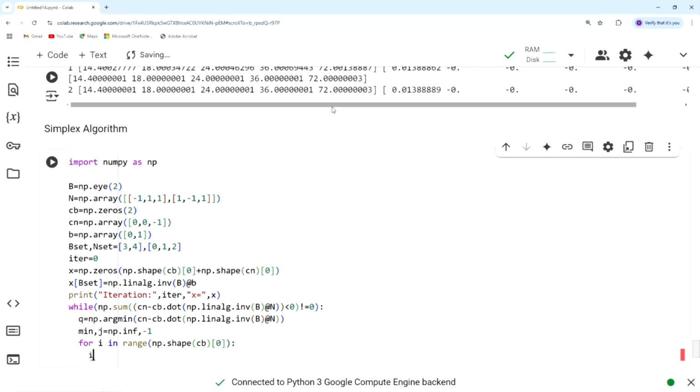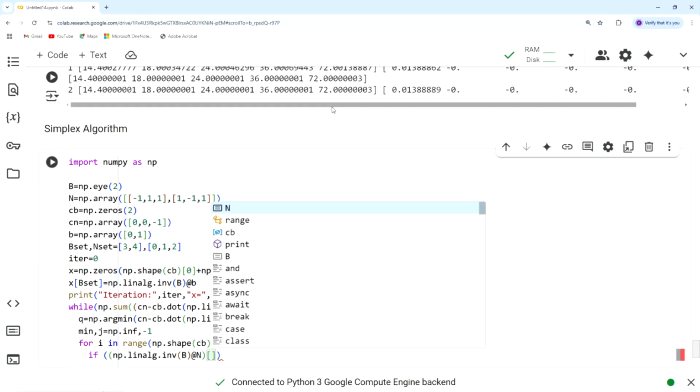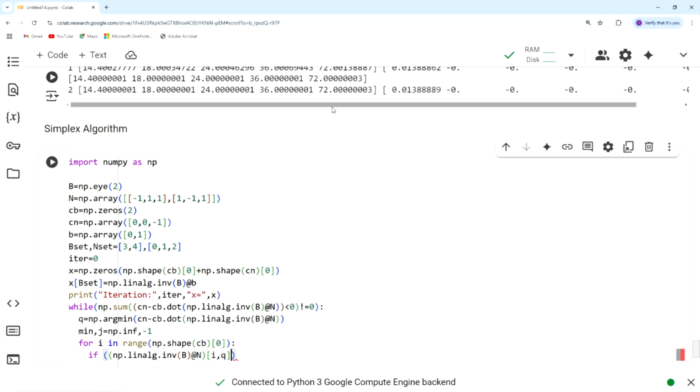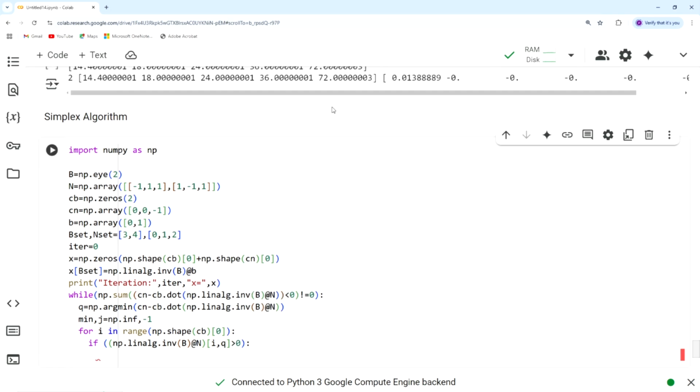If B inverse n of i comma q is greater than 0, that is when you go into the loop. So, j will be i if